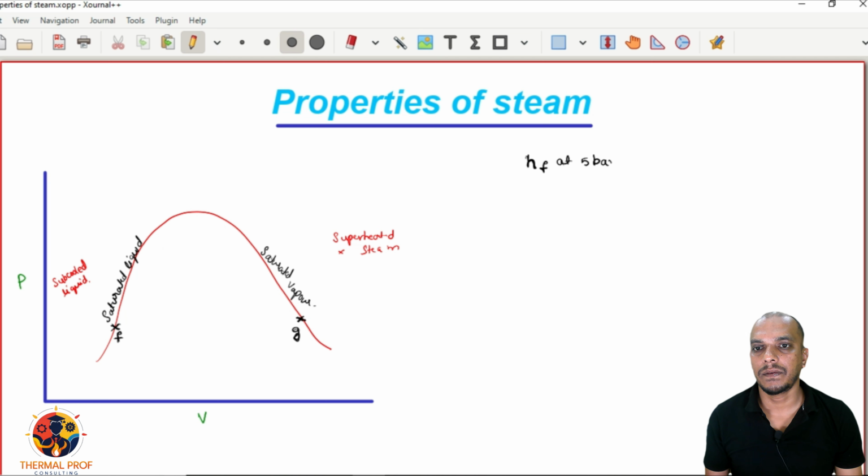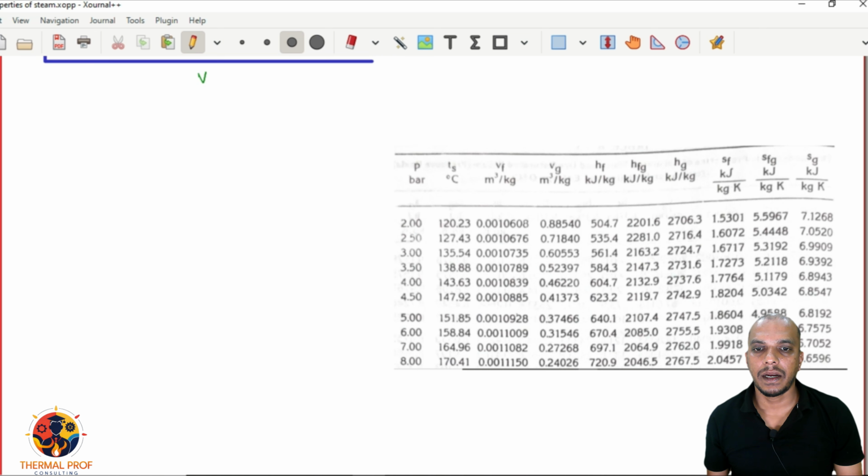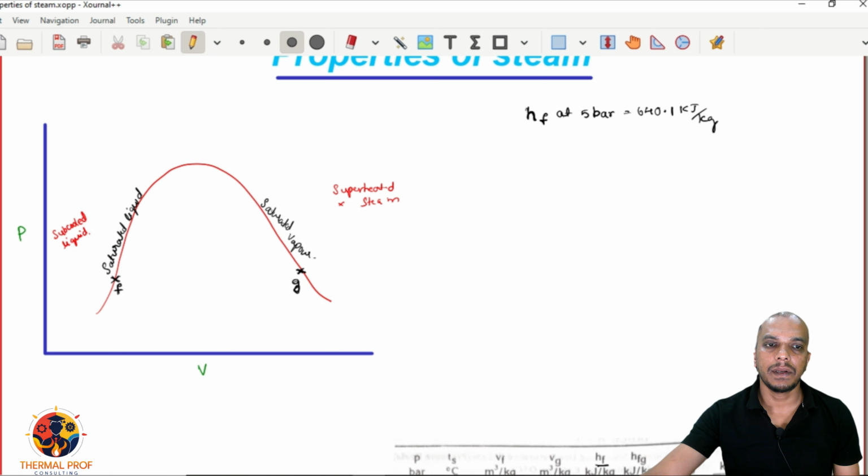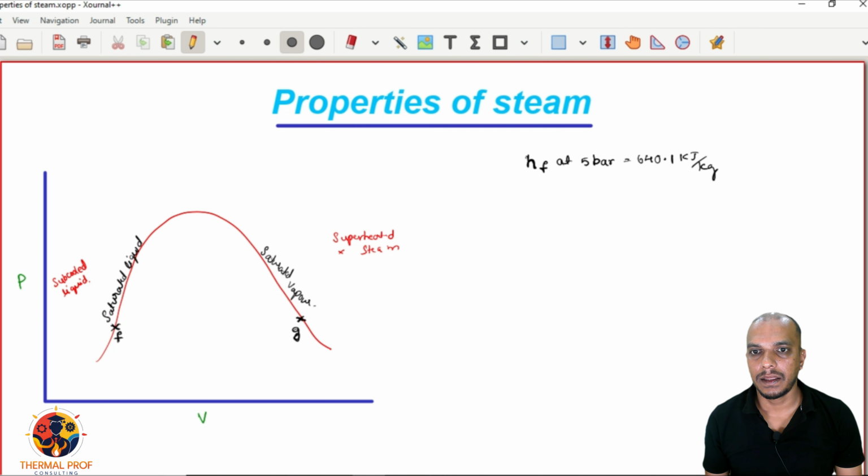I can always go and find out from the table. So, I will go to the pressure based table, and at 5 bar, we also know the saturation temperature, which is 151.85. I will go for hf, which is saturated liquid's enthalpy. So, 640.1 kilojoule per kg. Similarly, I can get enthalpy of saturated vapor hg at 5 bar or 10 bar,